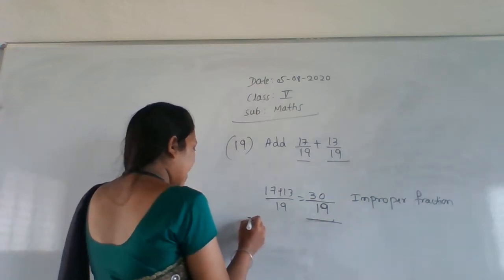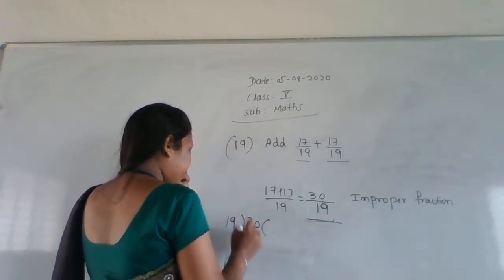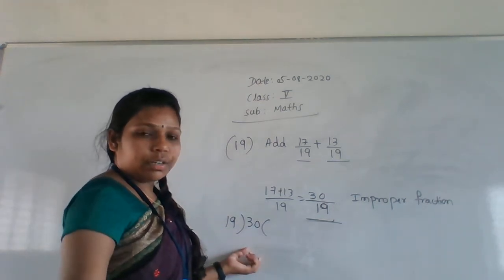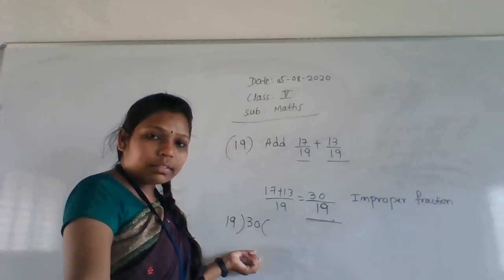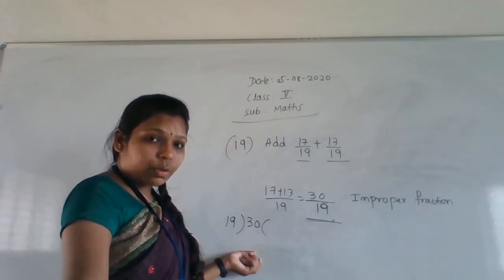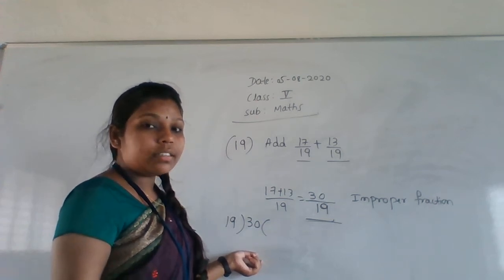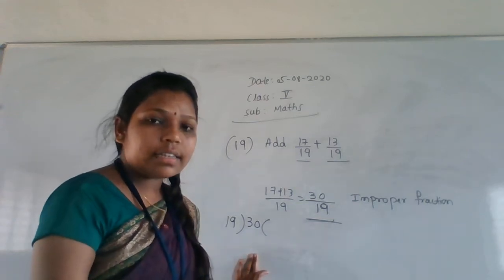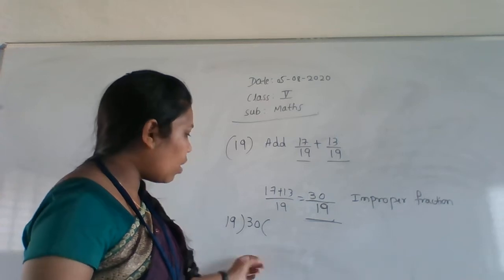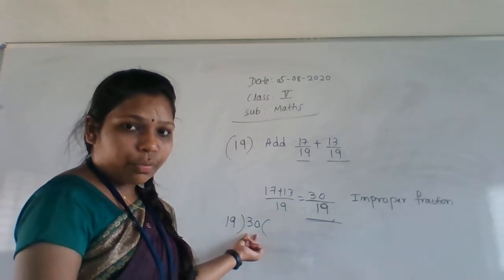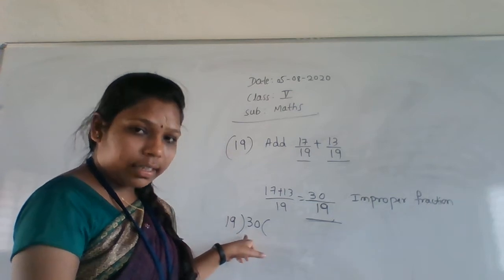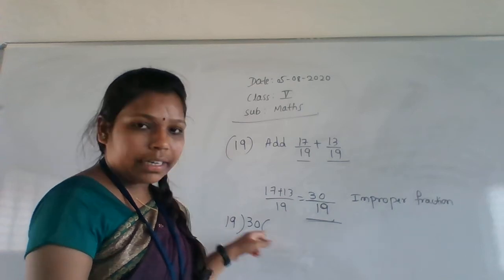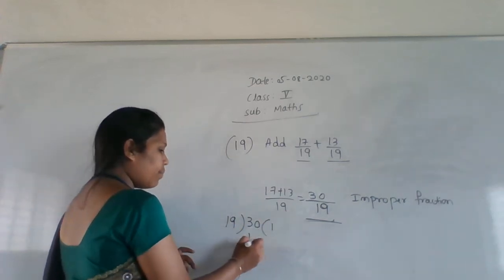So here we got an improper fraction, so we have to convert it to a mixed fraction. Divide 30 by 19. Now I am doing the mixed fraction. 19 twos are how much? 19 twos are 38, so we can't take that because here only 30 is there, right? So we have to take a value smaller than this 30. So which one are you taking now? 19 ones are 19.